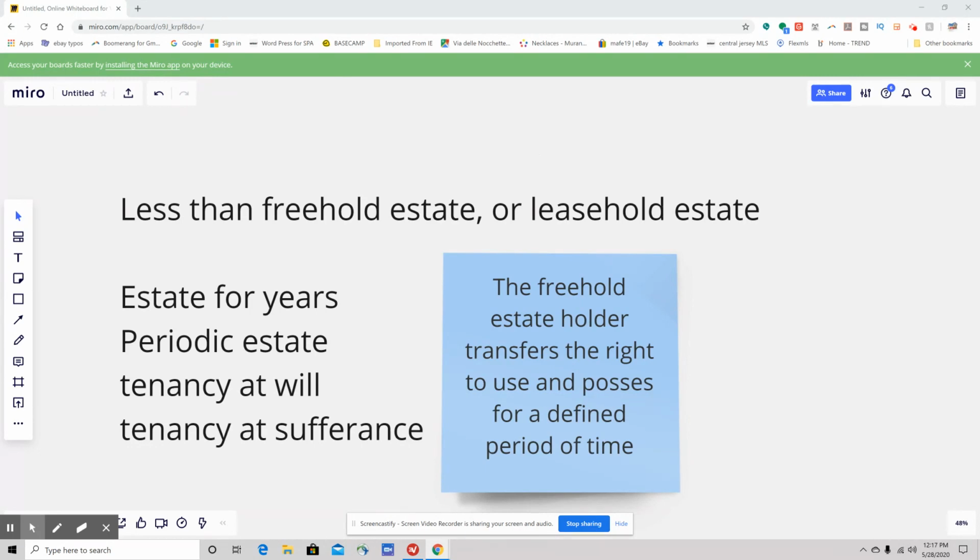What that is, it's actually when the freehold estate holder, okay, and freehold estate, that is ownership, right? So, when we have a freehold estate, we have the full bundle of rights. We have the right to possess, use, transfer, exclude, and encumber. Okay? And it is for an indefinite period of time,